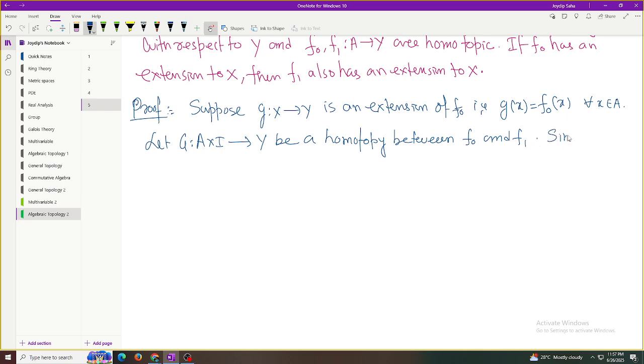Since (X, A) has the homotopy extension property,